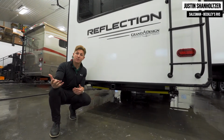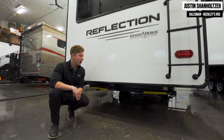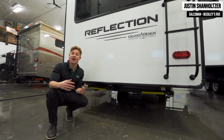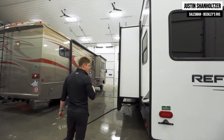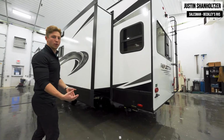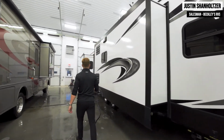Or the other thing is, as mentioned, you guys could actually double tow with this thing. Some states allow you to do so. I certainly wouldn't want to do it with something this large, but you certainly have that ability. But if you guys want to keep following me around over here, we'll keep moving. Down below, there's a power jack button for us to be able to run up and down those rear power jacks. And if we keep moving over here,